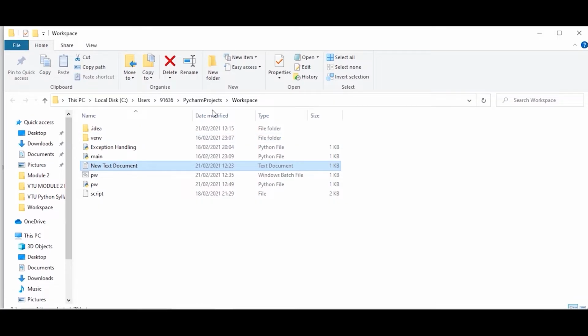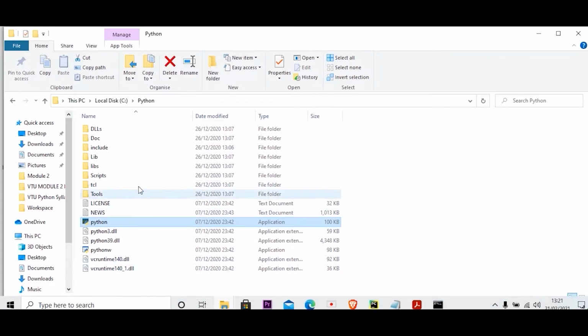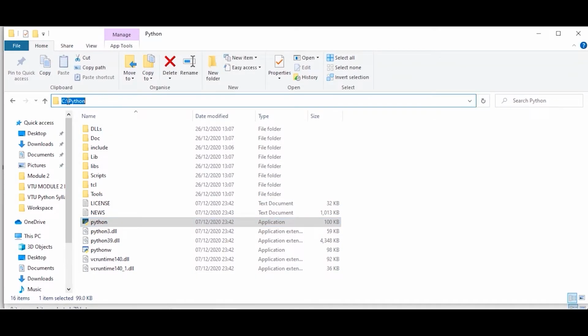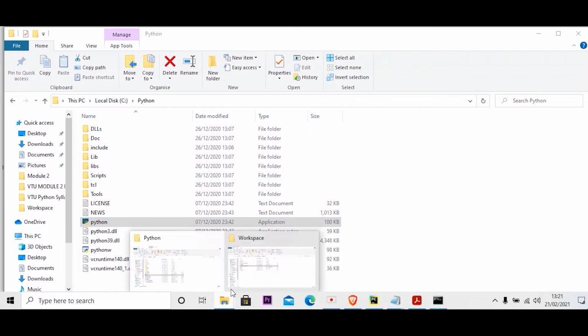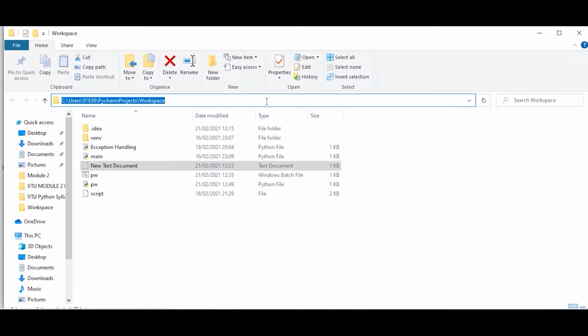You can see here this is my directory where the pw.py file is saved, and I will also show you where I have my Python folder saved. It is this. So this is the address, and for the other one, my Python file which I just now made, it is saved here. You can see this is the address. So these two addresses you have to copy, and then you have to create a batch file